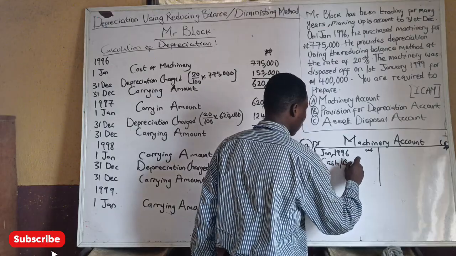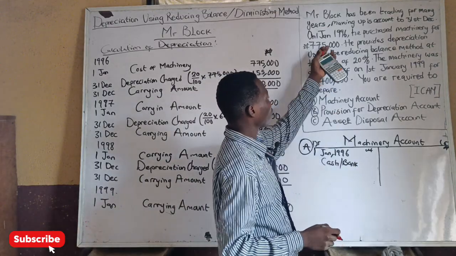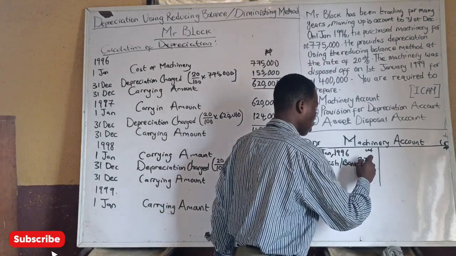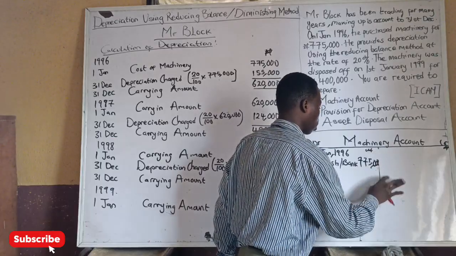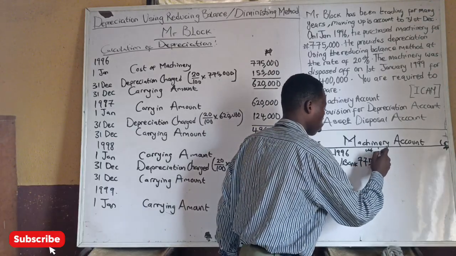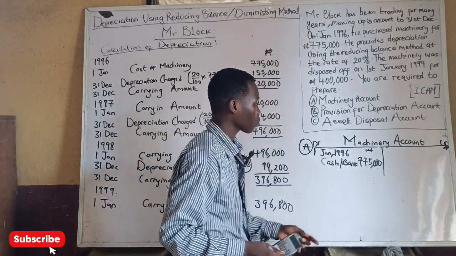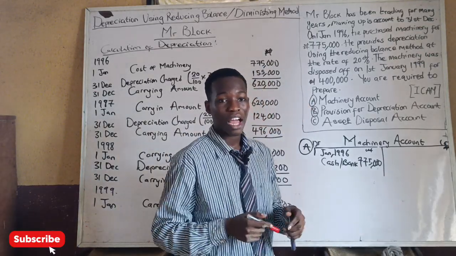We have the value of this asset in cash, cash or bank. We don't know whether it is cash or bank, so let's write cash or bank. The value of the asset when we purchased it was 775,000 naira. Now, at the credit side, we are going to have